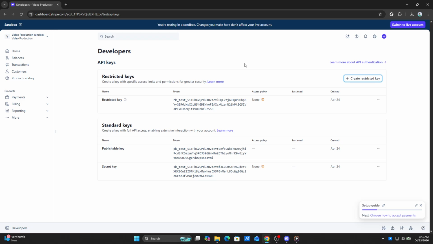Whether you're managing existing keys or creating a new one, this simple process ensures you have control over how Stripe interacts with your business. By following these steps, you can confidently manage your Stripe integrations and maintain the security of your financial transactions. I hope this guide has been helpful, and you're now more comfortable navigating your Stripe dashboard to